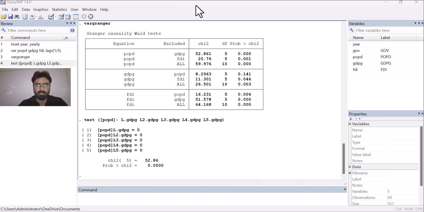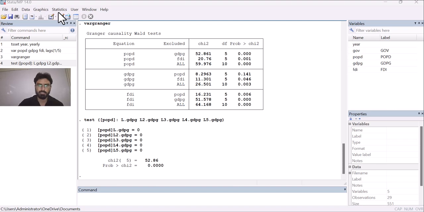We will see whether there is an issue of autocorrelation, which means that residuals are serially correlated or not, then whether residuals are normally distributed or not, and then whether residuals are constant or not. So that is what we are going to do in today's lecture.